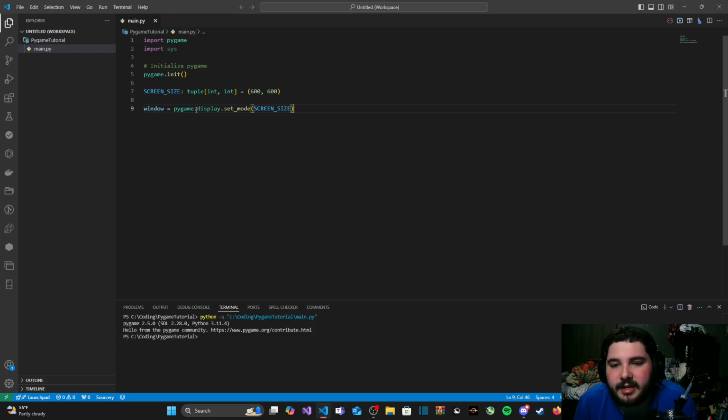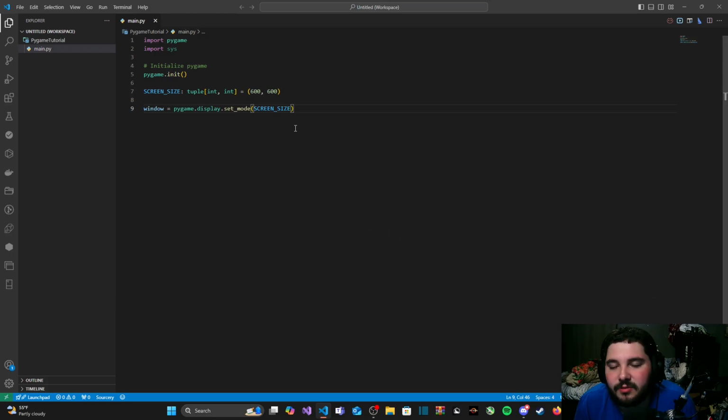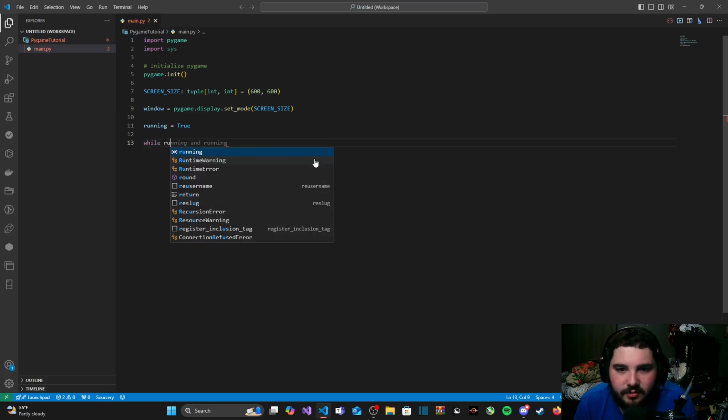So what we need is a loop to keep this window on screen until we terminate the program ourselves, or until we create or set a flag that terminates the program for us based on an event, which is exactly what we are going to do. We're going to create a flag here, or a state called running, and running is going to determine whether or not the game is running. I'm going to set this to true by default, and we're going to type in while running,